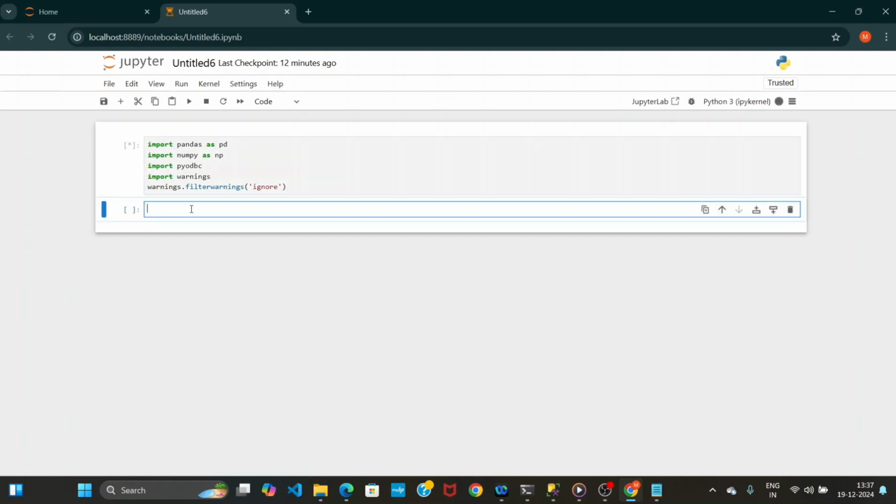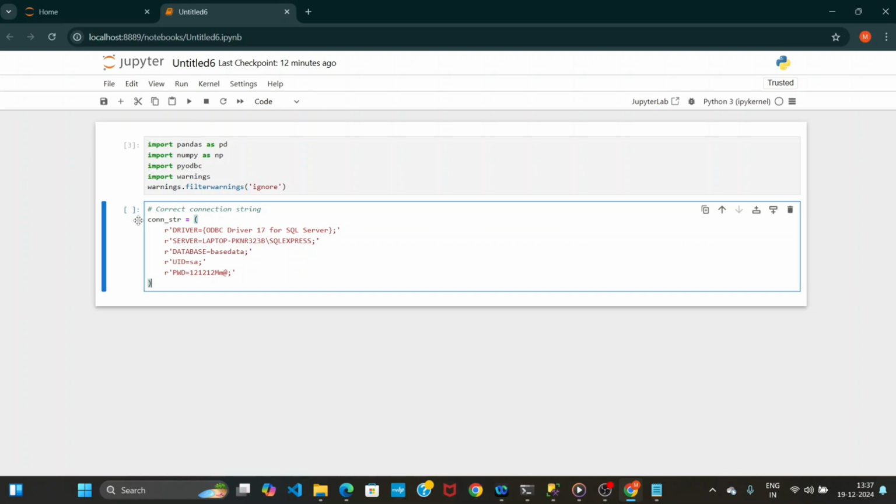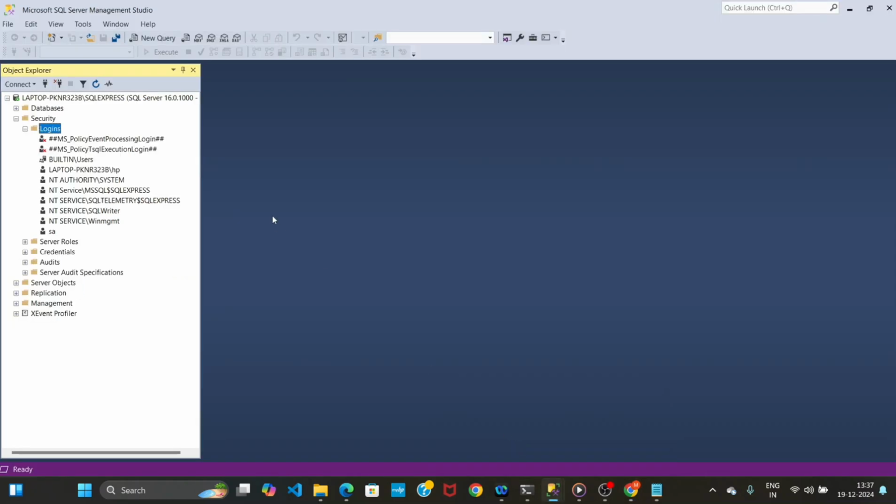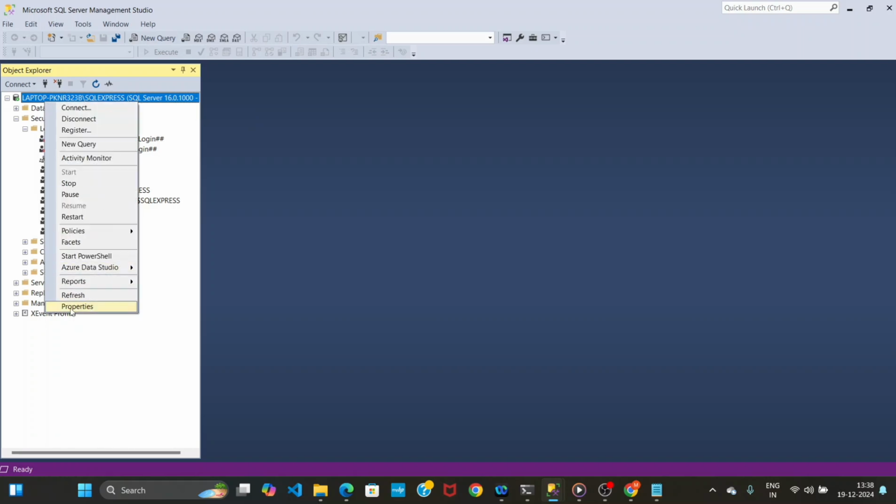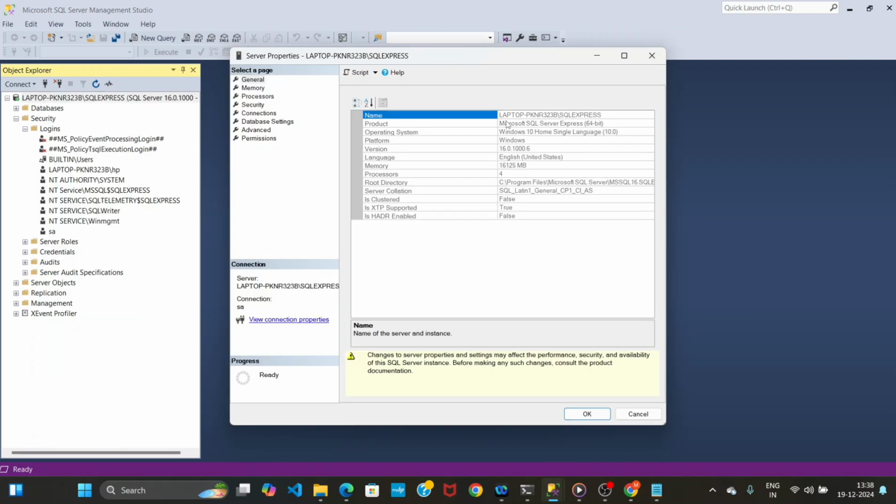For that, we need to type the connection string so that we can read data from the SQL Server. Here you can see the connection string: the driver name is ODBC Driver 17 for SQL Server, and the server name is this, my server name. To get the server name, open your SQL Server app, right click on it, click on Properties, and just select and copy it